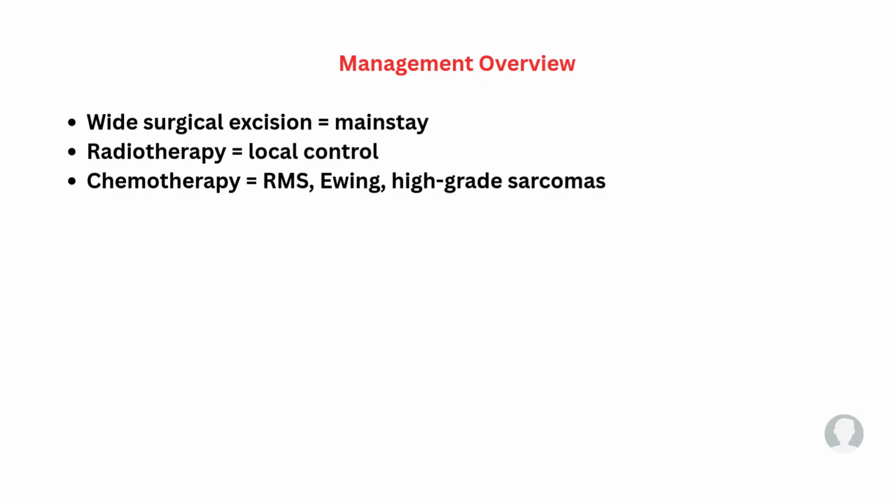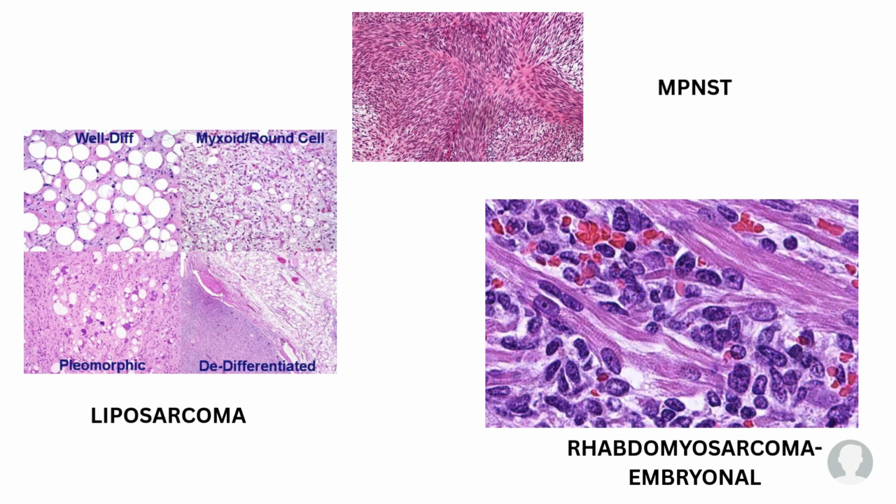grade sarcomas. Here I've given you images from some soft tissue sarcomas like liposarcoma, malignant peripheral nerve sheath tumor, rhabdomyosarcoma, embryonal type. But I would like to tell you that it's very difficult to differentiate sarcoma sometimes, and at that point of time, you have to rely on the morphological features, both gross and microscopic, immunohistochemistry findings, and molecular studies. Always make a note of the grade of the tumor, the type of the tumor, the number of mitoses present, presence of necrosis, the excision margins should be commented on, and if required, ask for molecular studies.